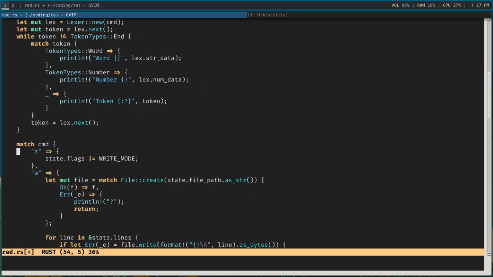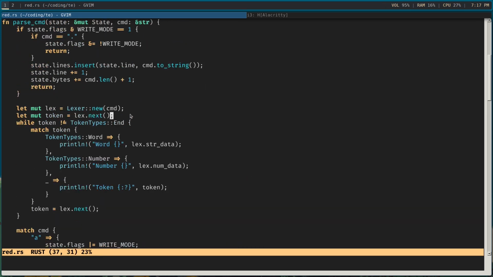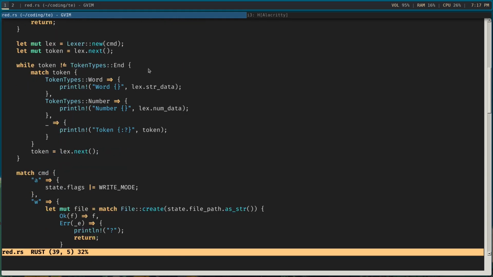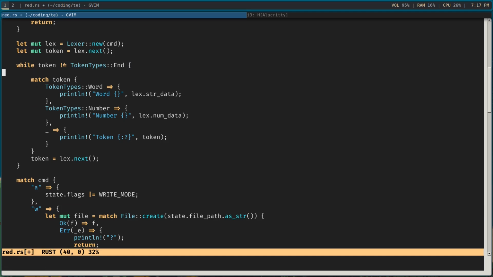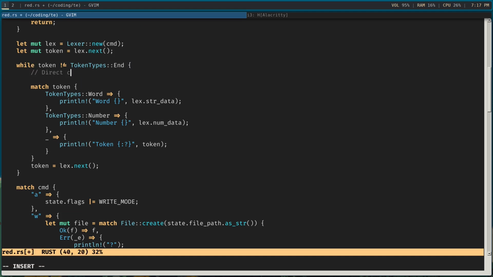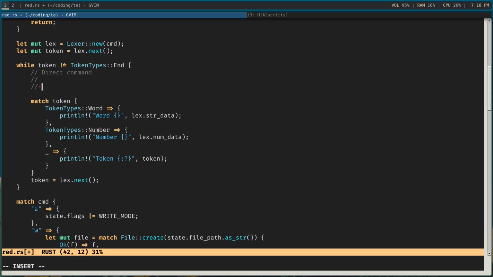So what I'm going to do is, we would get a token. What we need to do is check whether the token is a word directly. So essentially we have three cases: whether it's a direct command. For example, it's just L. That's a direct command, so it has no range, and it has half range. When I mean by half ranges, it has comma L or comma 2L. These are all examples for half range. You know what? I can put examples here. Maybe that would make it a little bit clearer,